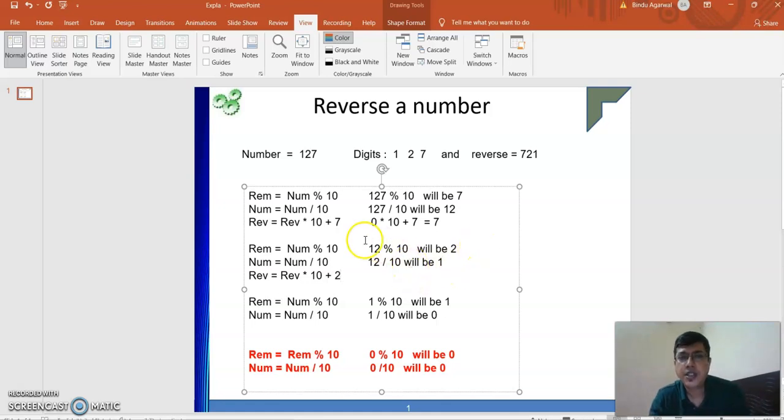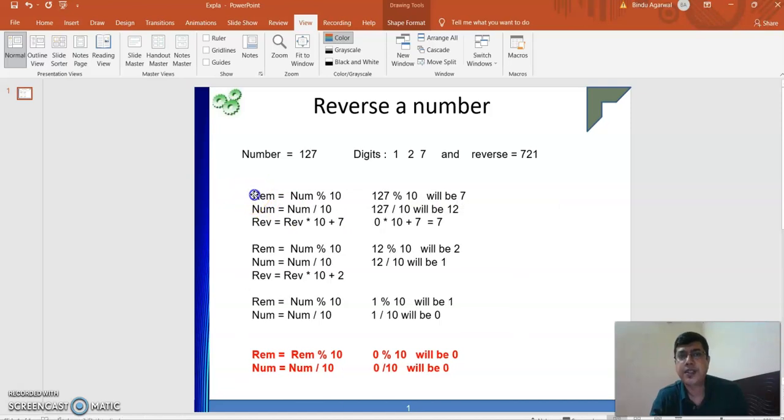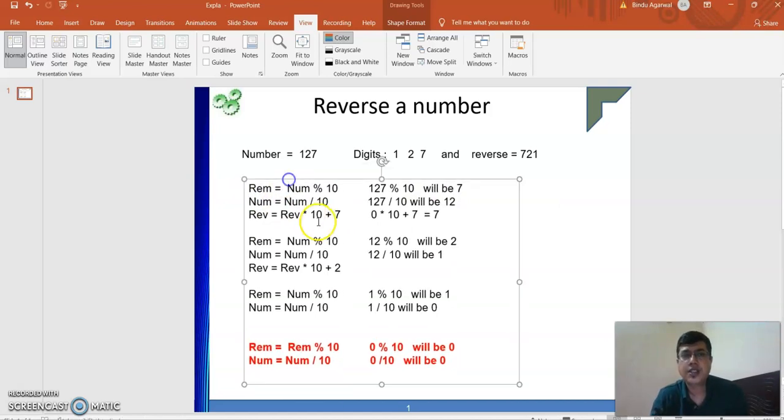This 7 is nothing but the remainder, so I can write it as rem, because we are making it generalized. So here also we put rem.